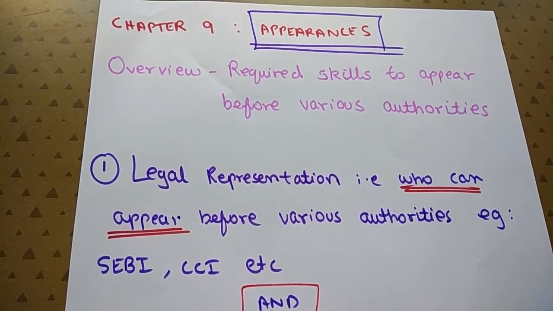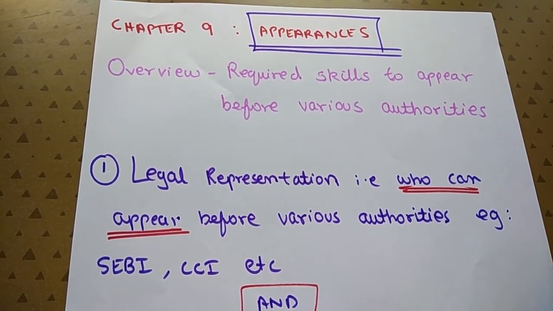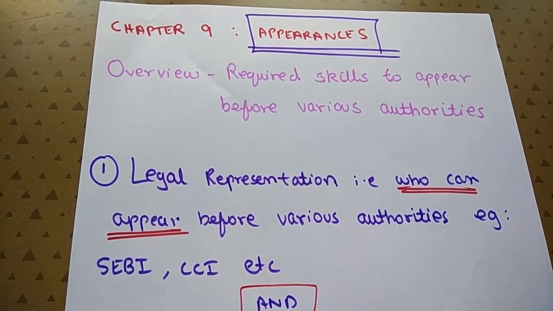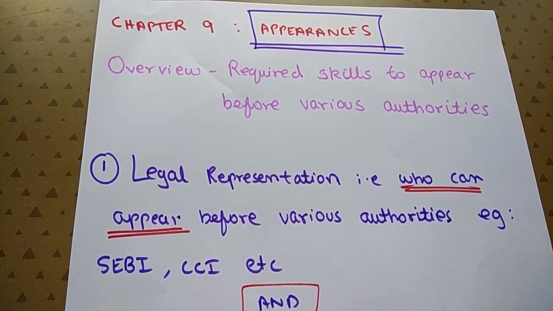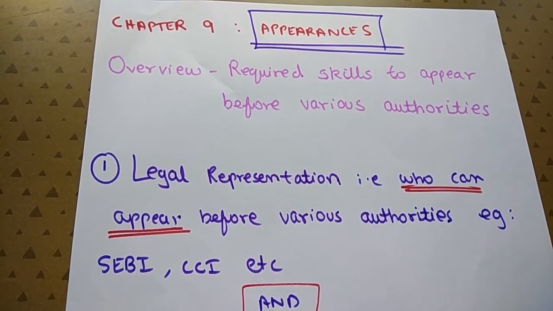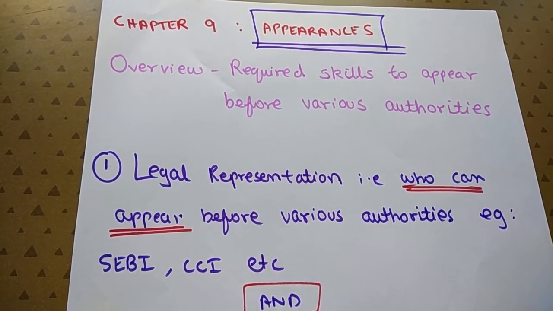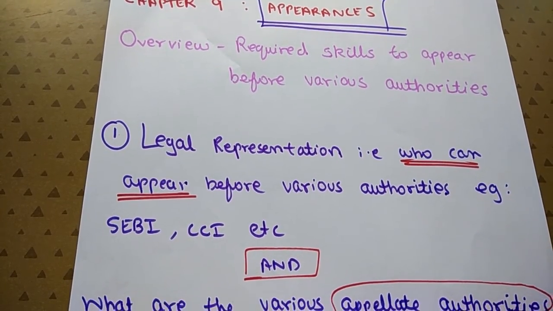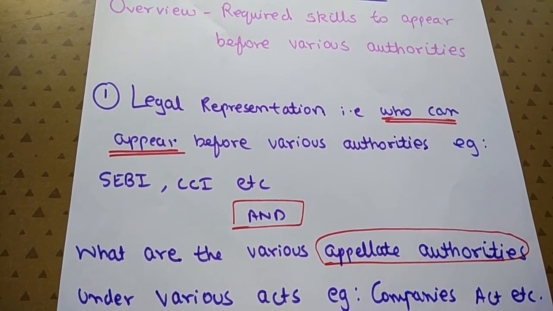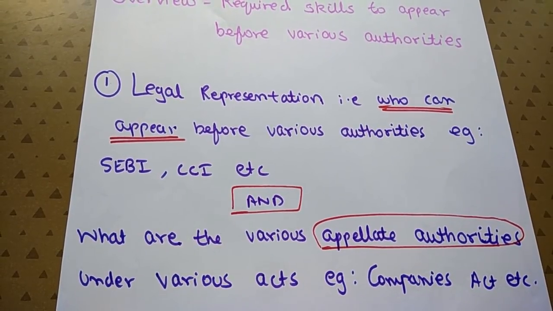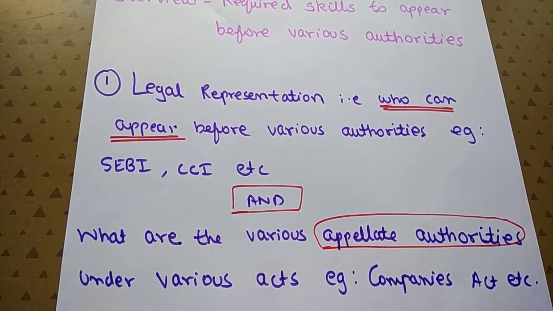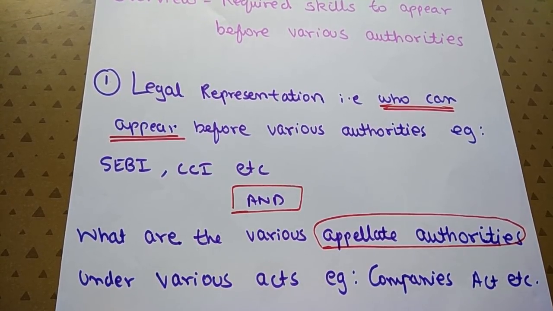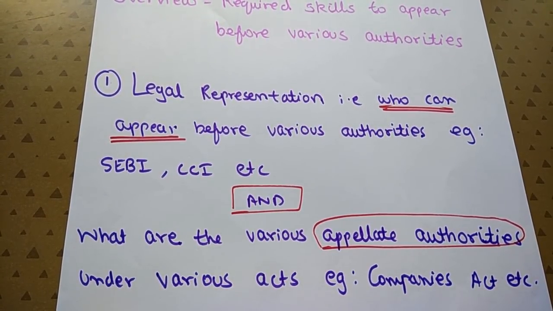Now, moving on to chapter 9, appearances. In this chapter, trust me, if you are thorough, it is a cakewalk to score. First part of this lesson deals with legal representation. That is, who can appear before authorities like SEBI, Competition Commission of India, etc. And the next is, what are the appellate authorities under various acts, for example, Companies Act, etc. Which means, if you file a case, how many authorities will the case pass through till the final judgment is